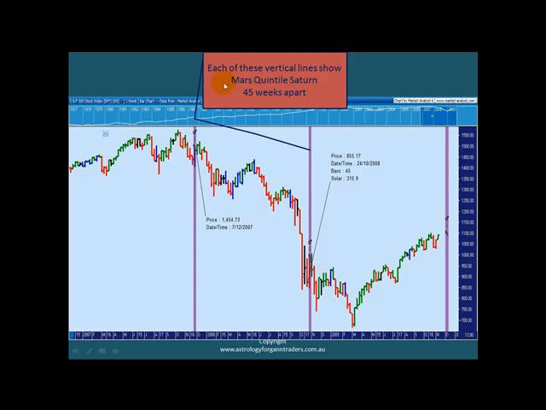So here we have a chart of Mars quintile Saturn, and it's exactly 45 weeks apart. Now these numbers, I love them because they're very much Gann. We've got a 72 degree separation between two planets, and it's giving us 45 weeks apart. So that's pretty magical. This is the one to come in the future soon. When you start seeing these numbers, it gets quite exciting in your research, and you're reading Gann at the same time, and you put two things together,